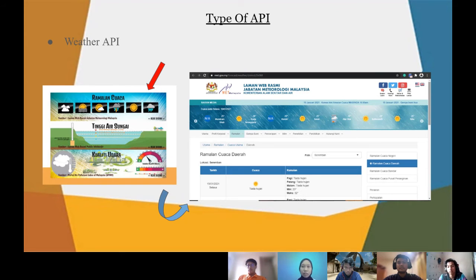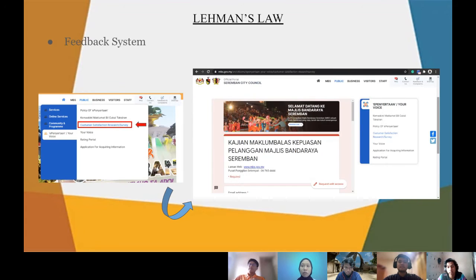Lastly is the layman's law. I chose the feedback system. Basically, in order to improve the functionality and performance of the system, feedback from the user would be a wonderful help. Here in this website, they provide a feedback Google Form for the user to give their opinion about the website. So the user can access the Google Form